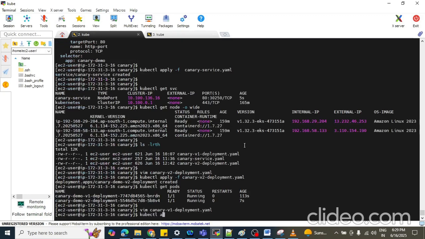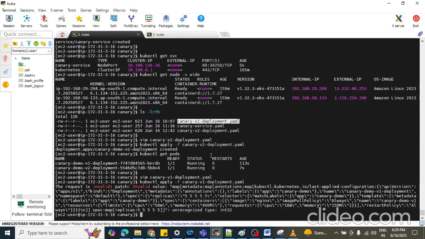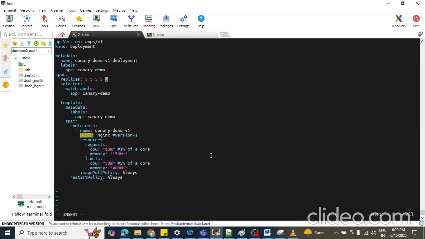kubectl apply -f. Now how many pods will run? Something again we did wrong in the YAML, that's why we got that error also.